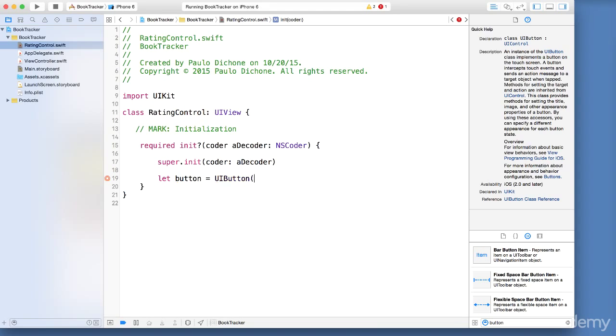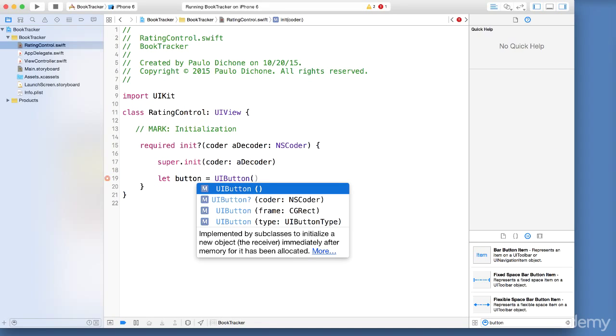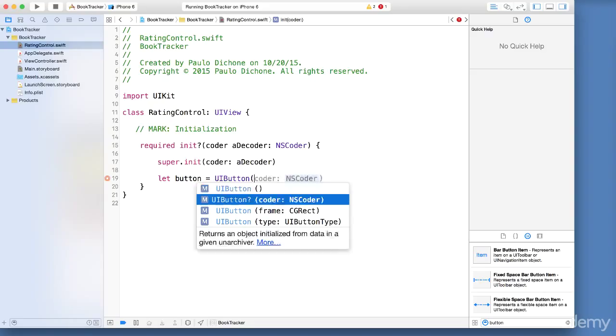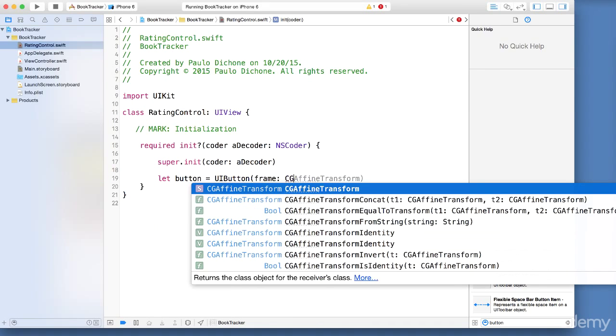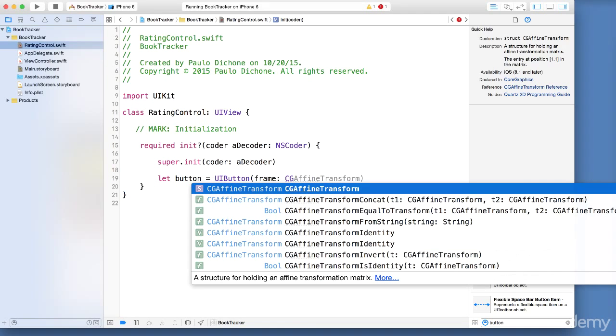So now we need to pass in a few parameters, a few things that will allow the system to actually create a button. So we need to use a frame to create a button. So we're going to go ahead and select the second one. We need a CGRect. So essentially we need a way to tell the system, okay, where are the X values and the Y values of the button, the width of the button, and so forth. Because that's what we need in order to create a button. We say frame here, it's going to be CGRect, right? This is the class used to create rectangles.